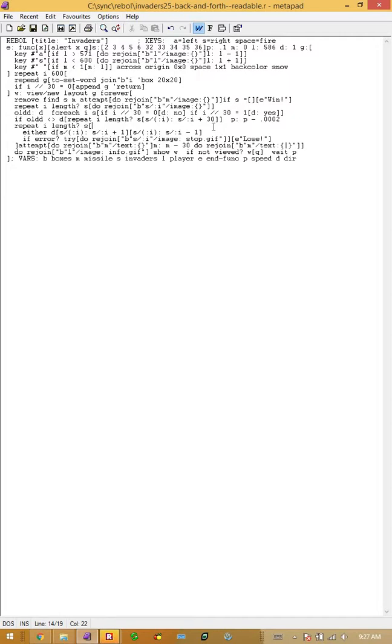So what we're doing here is, remember, we're repeating over the entire length of that S block and calling each iteration I. So here we're again moving every single item over one to the right or to the left, depending on what that D variable is, whether we're going right or left. And then we do another one of these